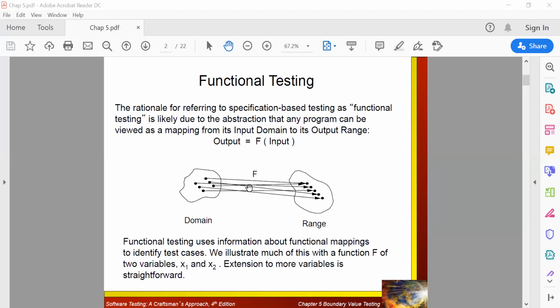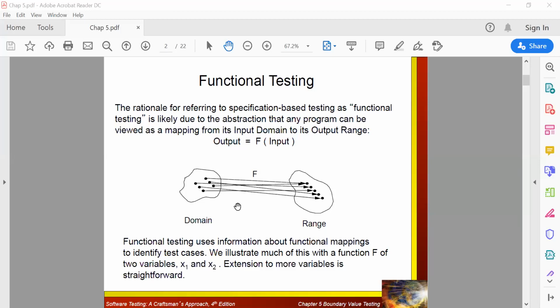If the expected output is similar to your actual output, then we say that the test cases we are designing are fine. And we do this functional testing with respect to pen and paper work, not with respect to programs.